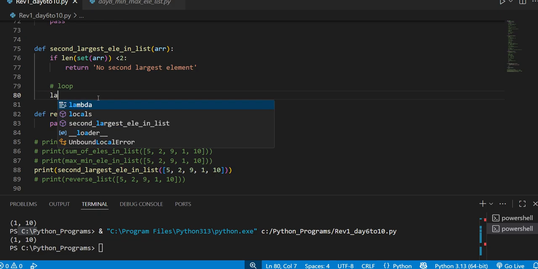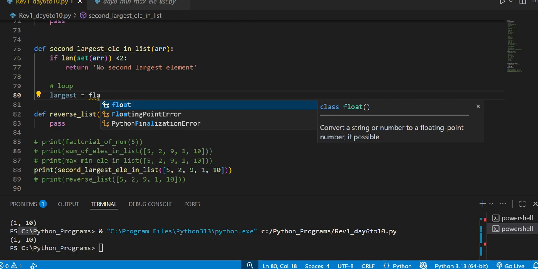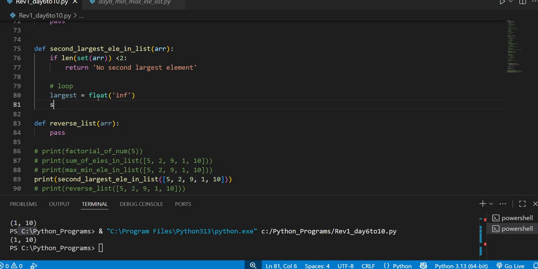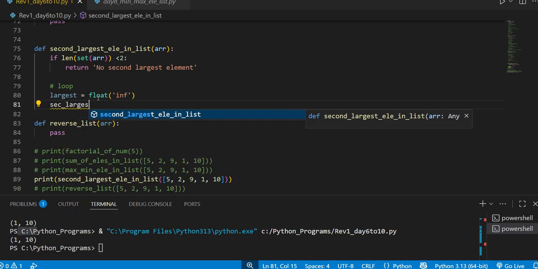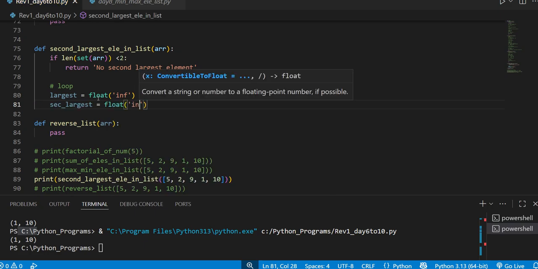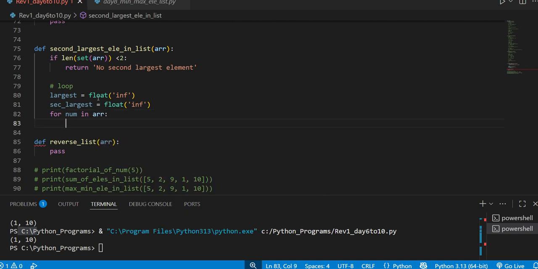For example, largest one is equal to float negative infinity, the least number. Then for the second largest, I am also giving the least number. Then I will iterate each number in the array,